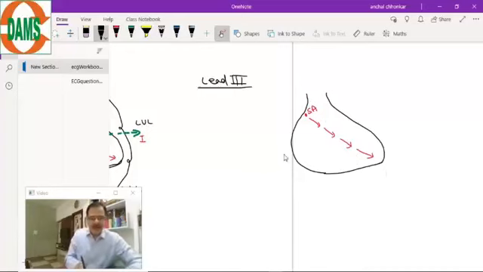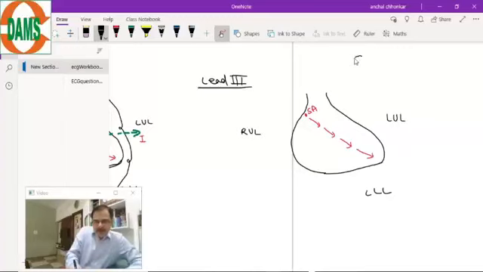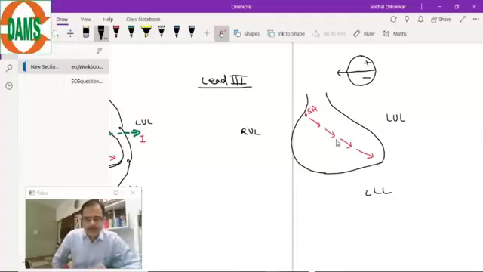Now the limbs. Hopefully you have made this diagram of lead 3. Here is the right upper limb, left upper limb, and left lower leg. So these are the limb placements. Now to make the galvanometer of lead 3, this is the galvanometer of lead 3, with plus, minus and needle. Now to make lead 3, we take a wire from the left upper limb,